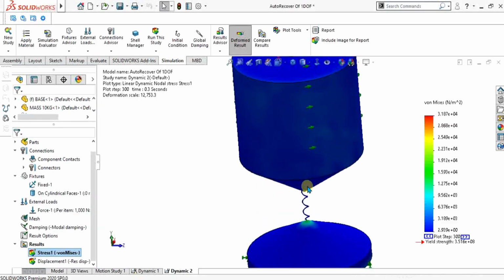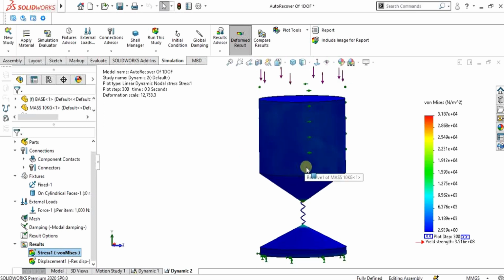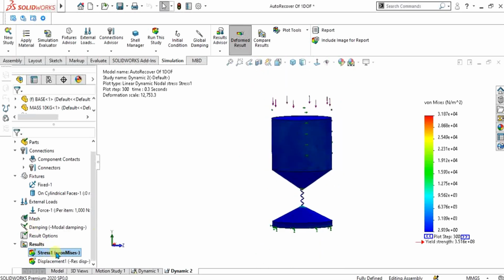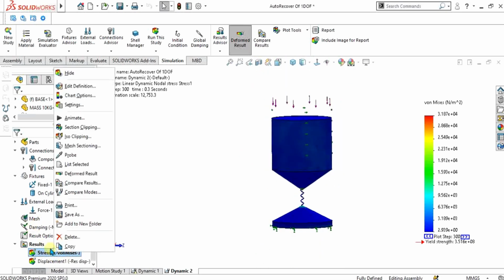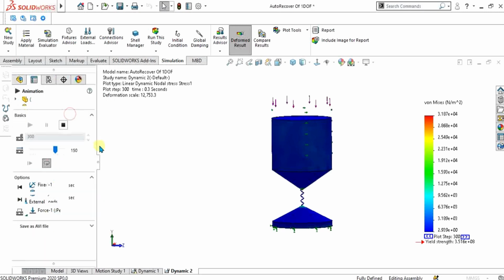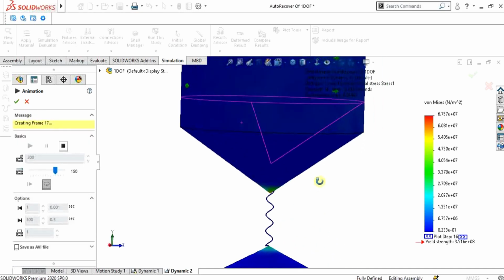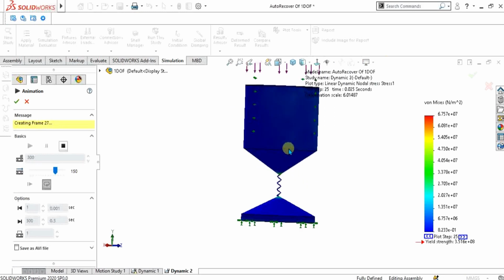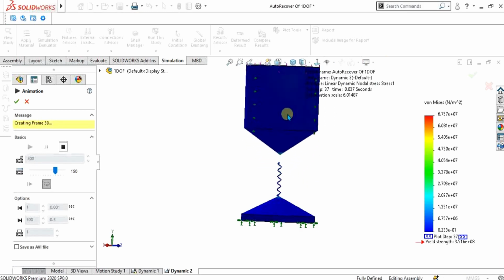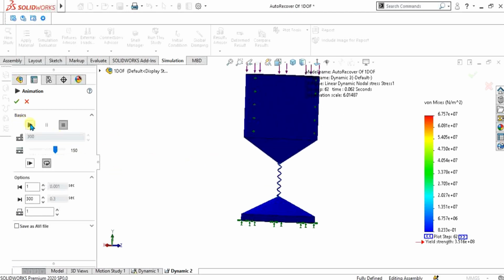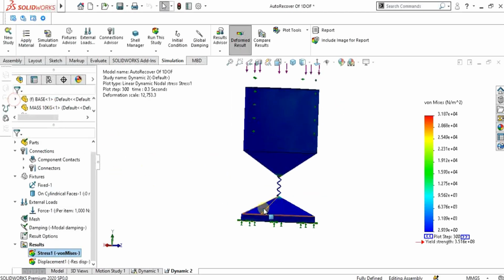You can see that our solver has solved and we have got the results of stress and displacement. If you want to see the animation, select animate from here. Wait while it makes the frames. You can see in the animation that it is displacing and oscillating upward and downward. Select OK from here.